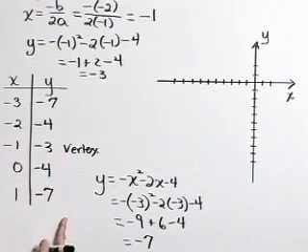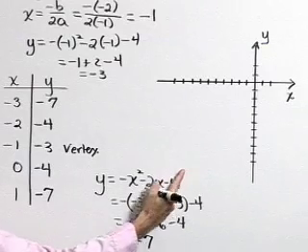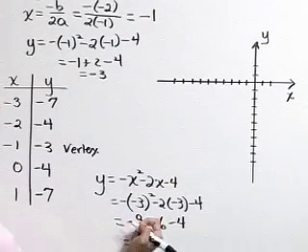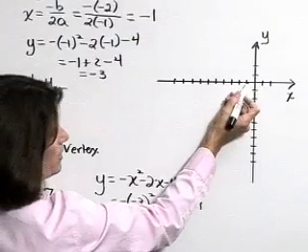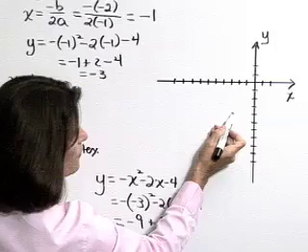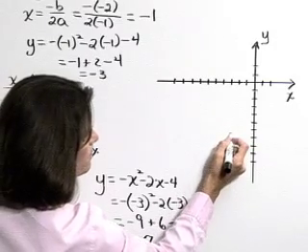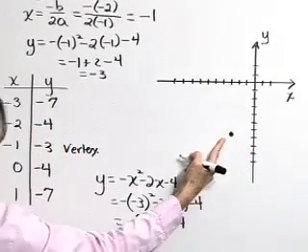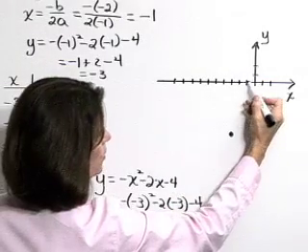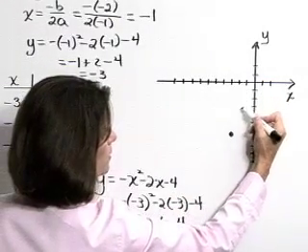So let's plot these points on our Cartesian graph. We have the point negative 3, negative 7. So back 3 on the x-axis, 1, 2, 3, and down 7, 1, 2, 3, 4, 5, 6, 7. The point negative 3, negative 7. We've got the point also negative 2, negative 4. So left 2, down 4,